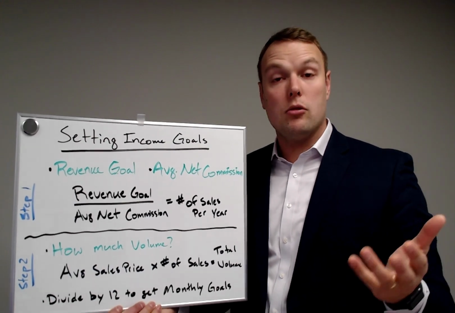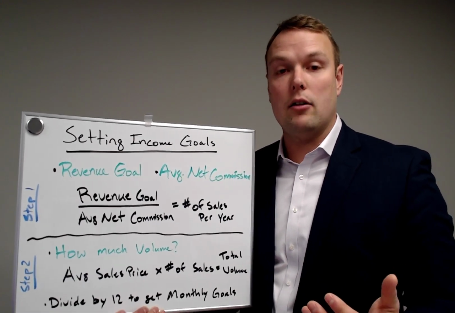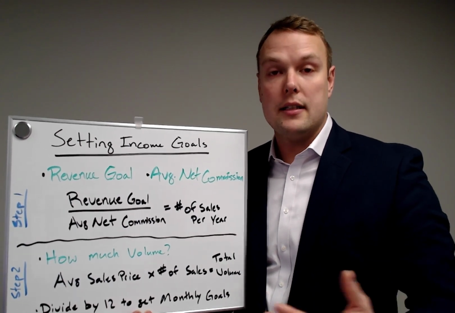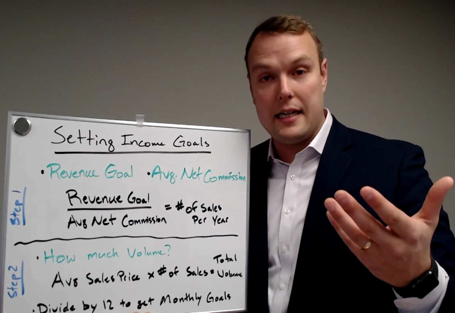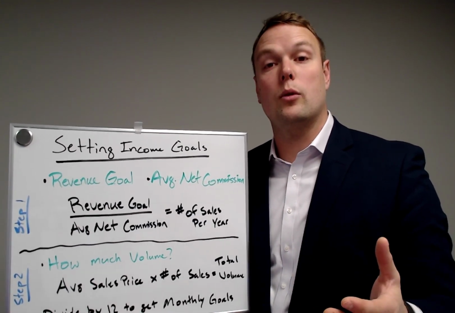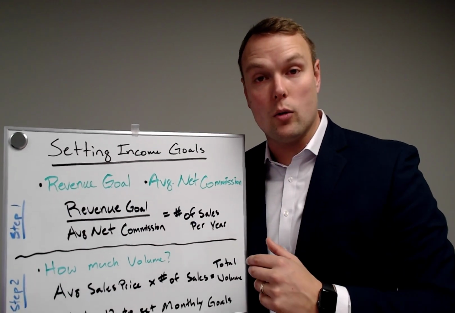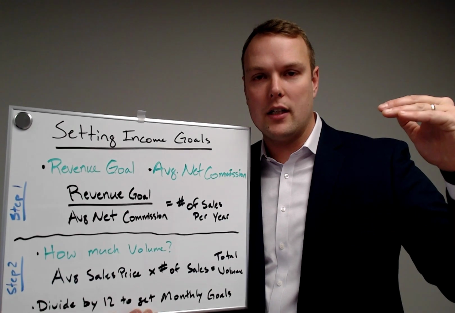Pretty simple. That's where a lot of folks will go, great, I just broke that down. I need to go out there now and sell 40 homes or properties to get there. Okay, that comes out to a little more than 3 per month, right? They might even go to that next step. That, though, is where most people stop, and that is also where most people will end up not achieving their goals. So how do we break it down just a little further to increase our odds of success?